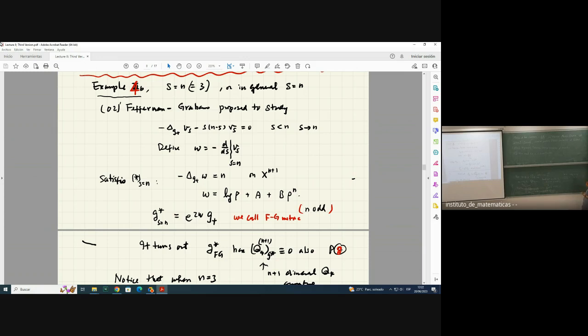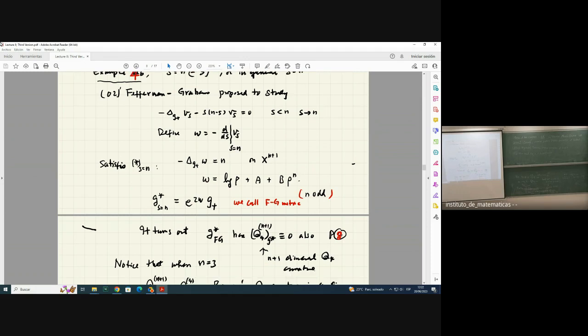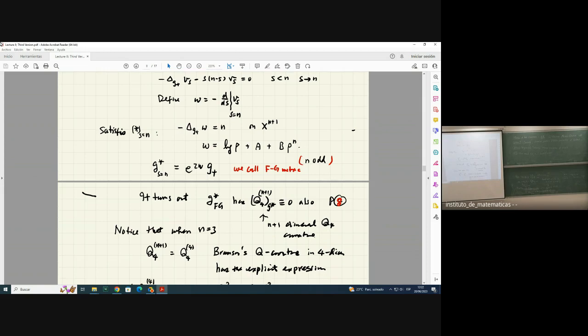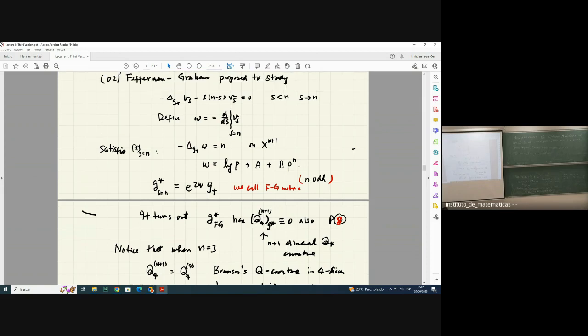That's the only solution. I'm sorry, I'm a little bit confused, but this is the only solution. So there is no theorem, no behavior one needs to consider, but instead one should take this idea of Fefferman and Graham. They say that in this case, the correct PDE to look at is to take the derivative of this Poisson